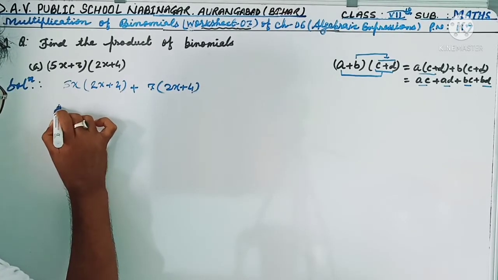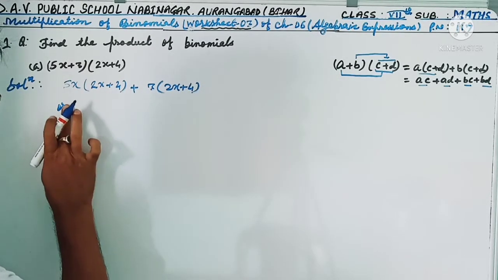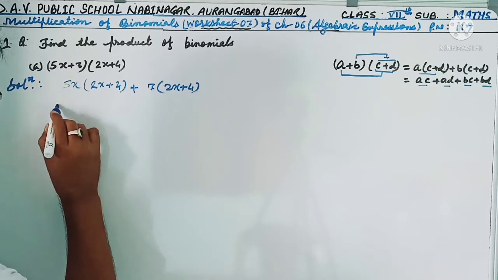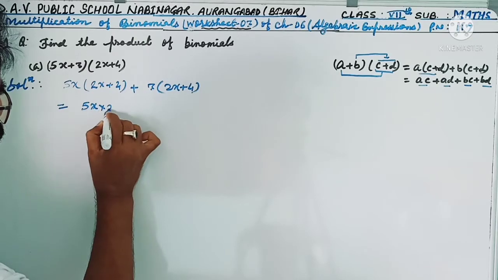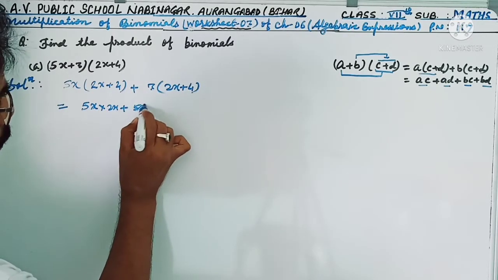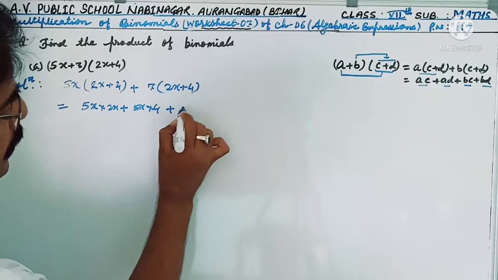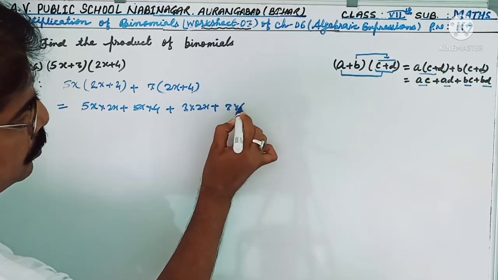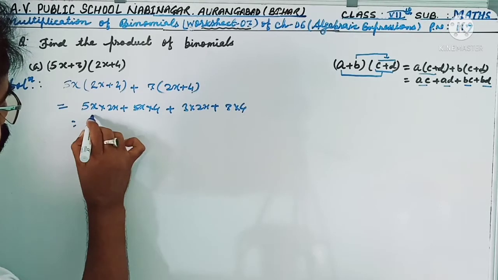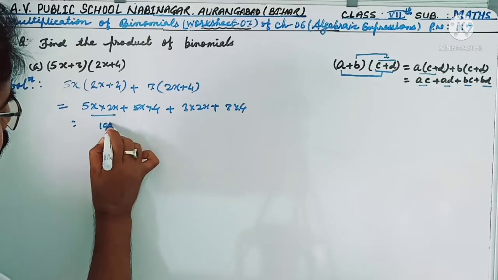That is 5x into 2x plus 5x into 4 plus 3 into 2x plus 3 into 4